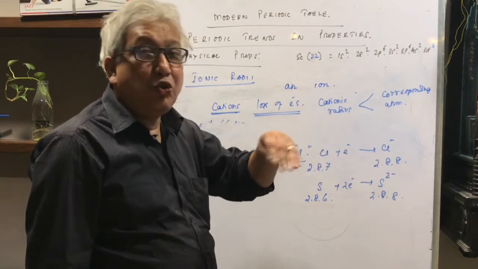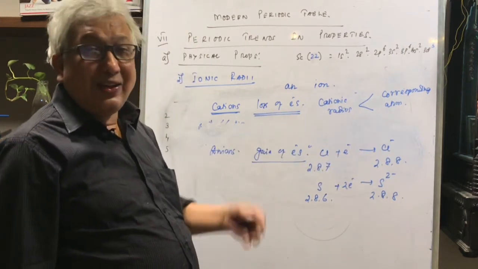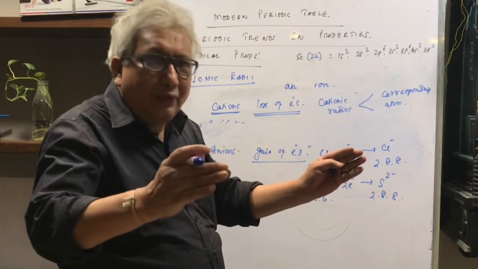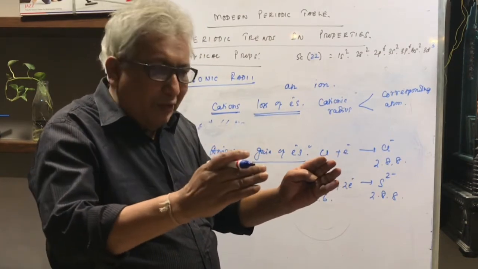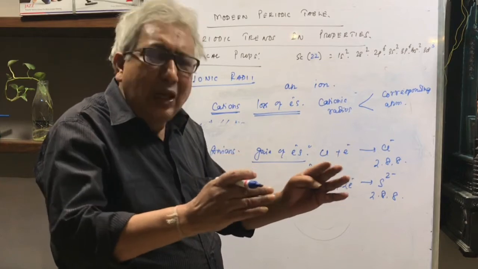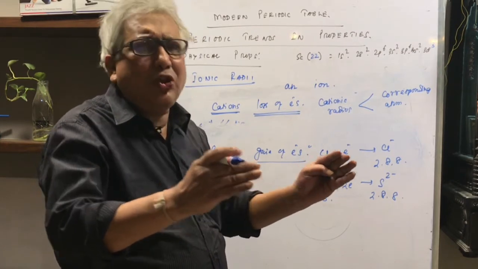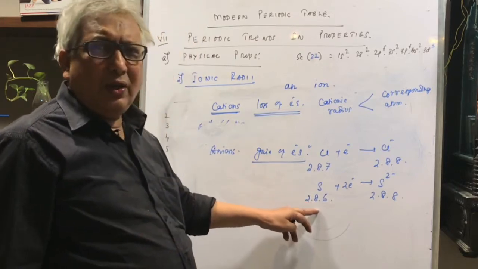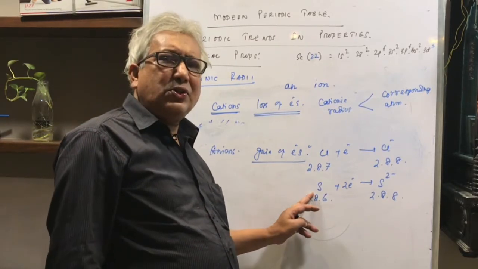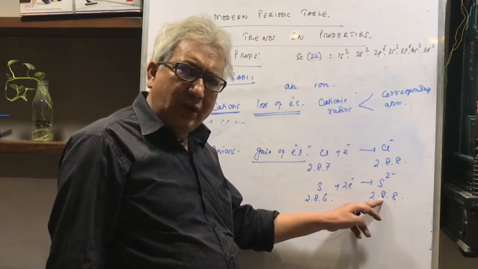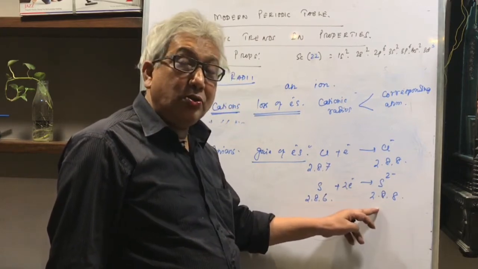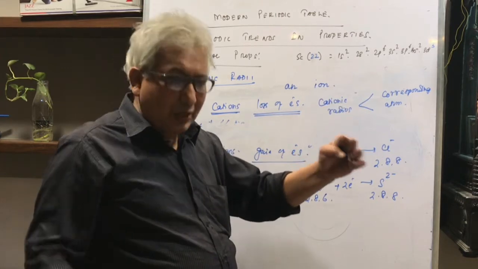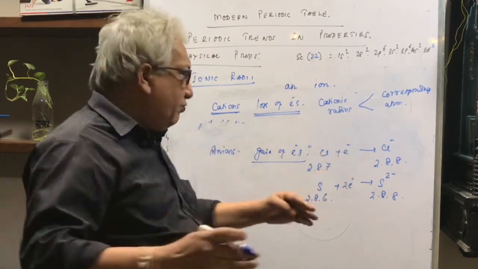Therefore there is a dilution in the nuclear charge attraction, and because of that the electrons go a little away from the nucleus, and you can say there is a kind of expansion of the outermost shell, and that is where the size is bigger. Same here in sulfur. 16 protons were attracting 16 electrons, but when it formed the sulfide ion, 16 protons are attracting 18 electrons. So per electron the attraction has become less, so they have gone a little far away.